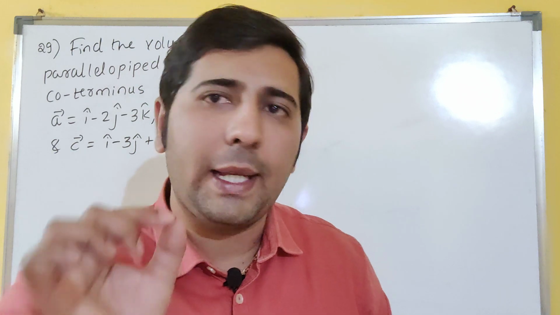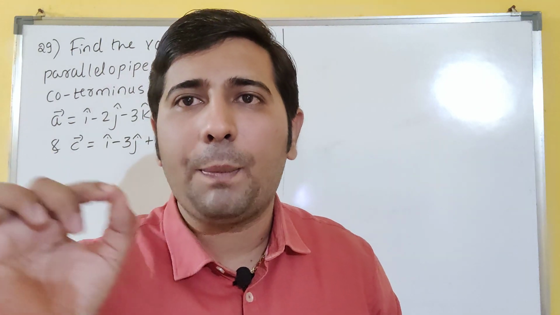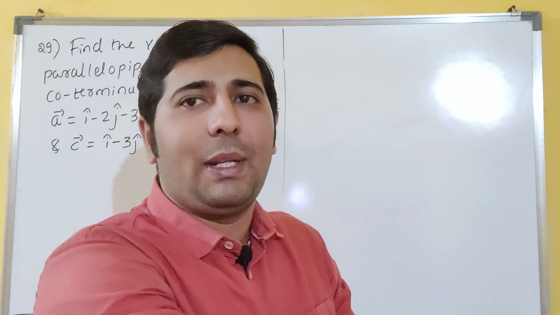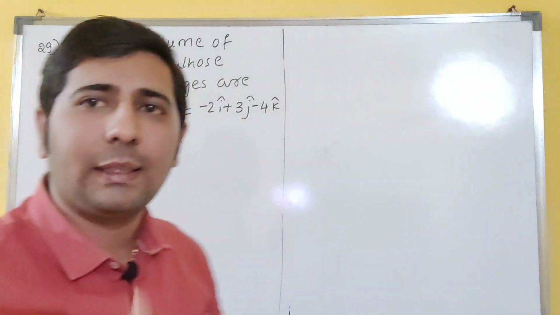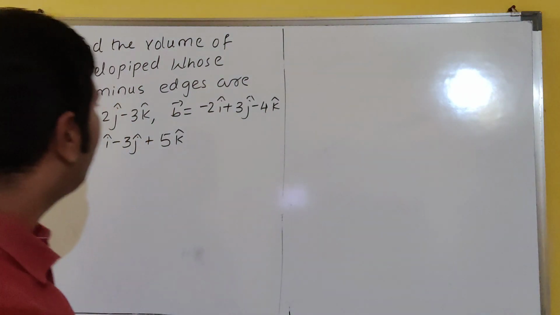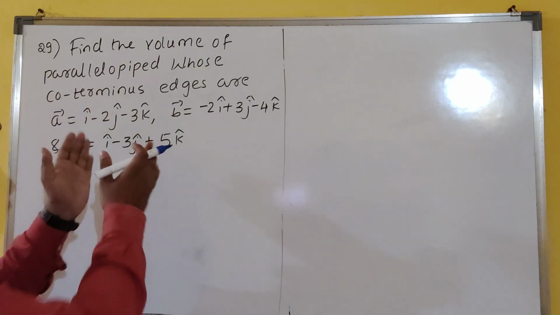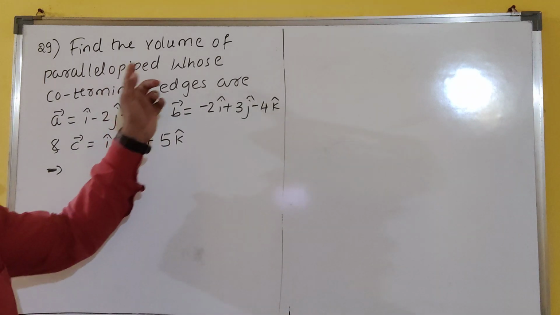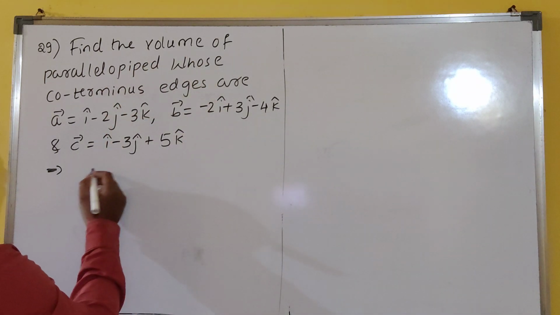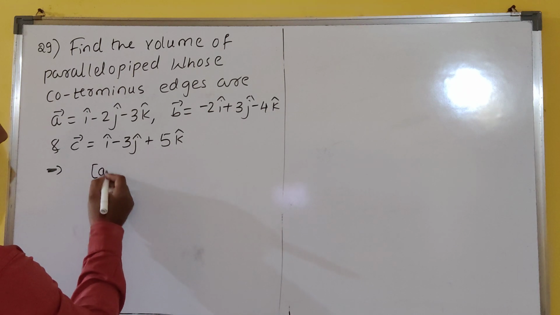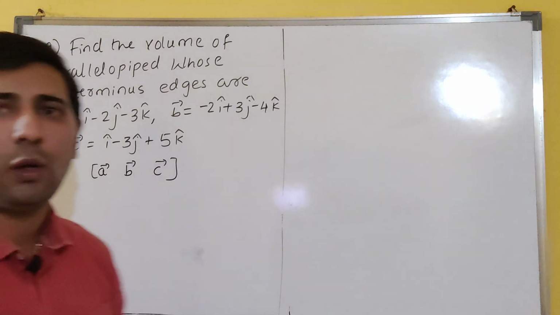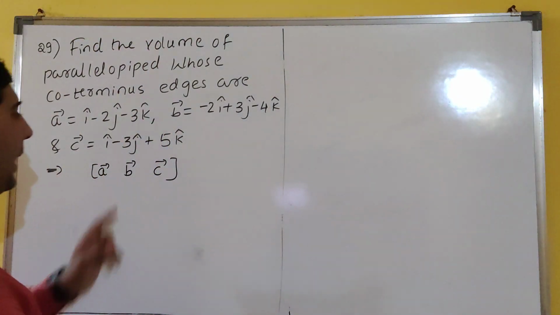So if you don't know, please make a note. Volume of a parallelepiped is nothing but your coplanar, dear students. Something similar, we will solve that. Maximum students, you don't know. So if you know, that's fine. If you don't know, please go through this. So the volume of a parallelepiped can be found by the vectors A, B, C, which have already been given. That is nothing but coplanar, I had already told you. So A, B, C are coplanar.